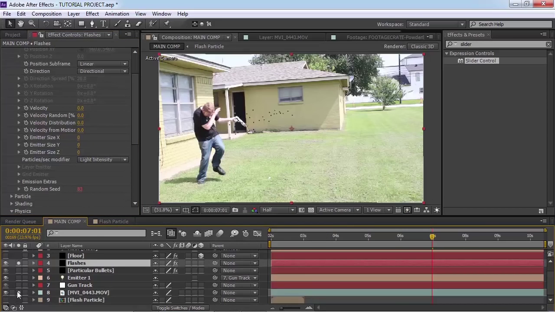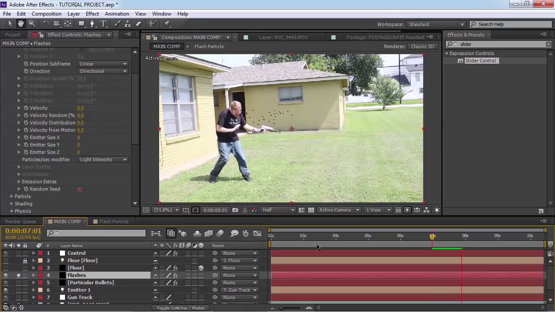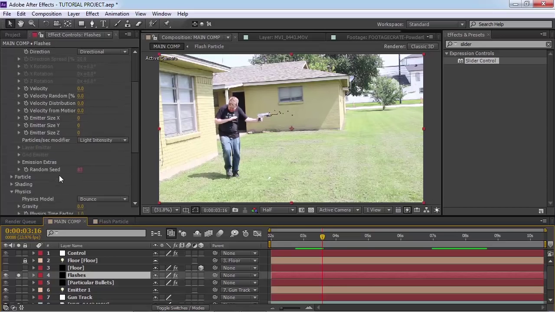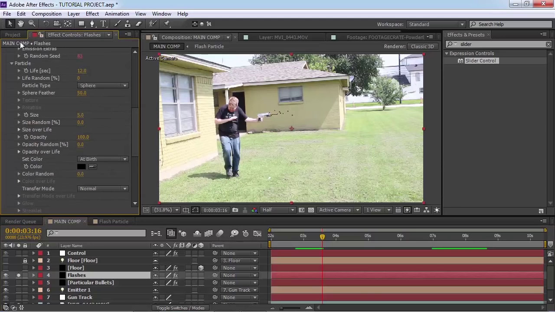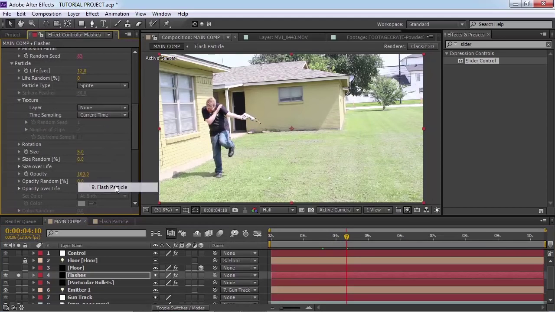I'm going to solo it on the background, so we're only dealing with this. It's just kind of leaving stuff in the air, which is weird, but it's the right kind of weird, because that's what we need. We're going to change our particle to a sprite, and we're going to select the flash